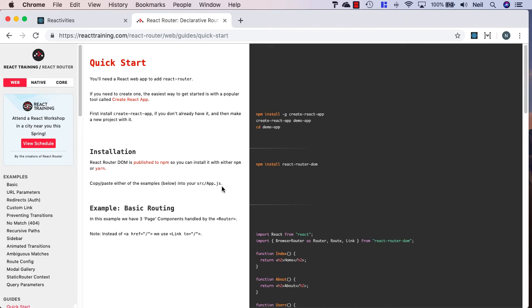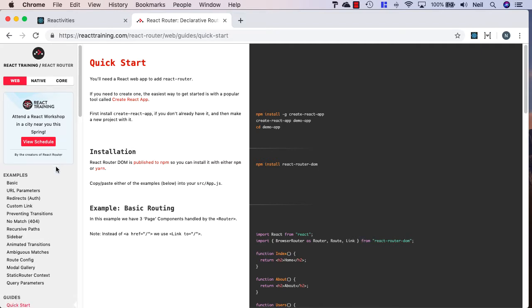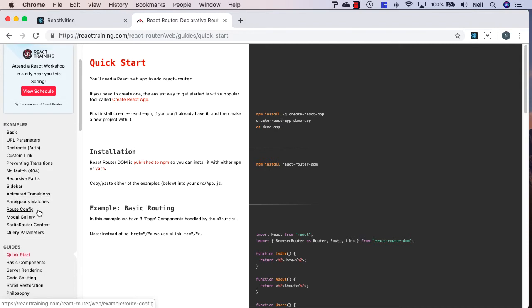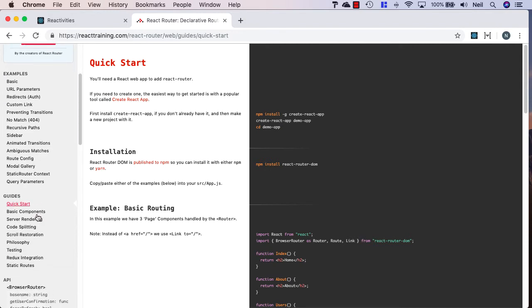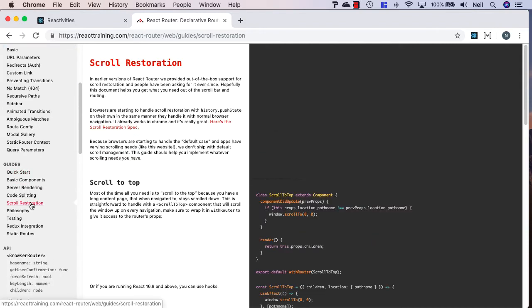So let's deal with the scrolling issue when we browse to a new route, and I've just come into the React Router documentation just to show you what we're doing here, and just to copy a bit of their demo code in here to save a bit of time as well. Inside here, if we take a look at the guides section, there's a section called scroll restoration,